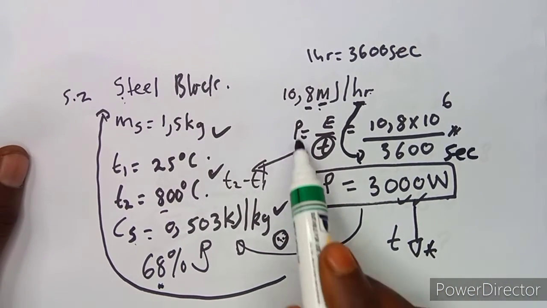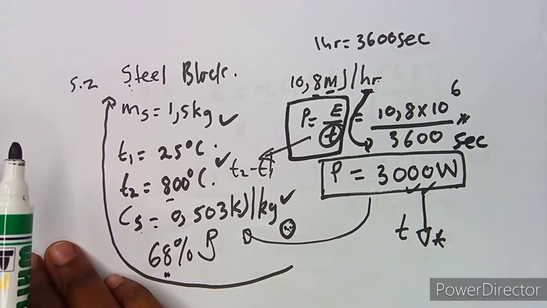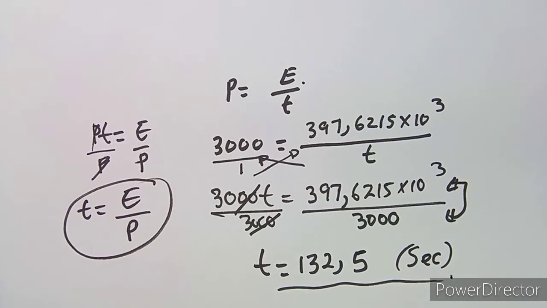So whenever you use this formula, you are going to obtain your time in what? In seconds. So that's how we obtain such typical questions. So let's see another one that we had